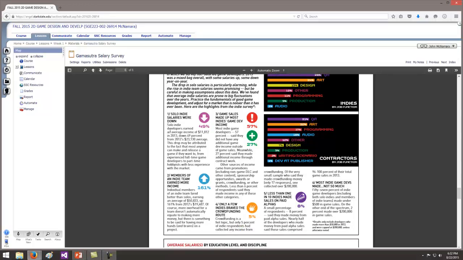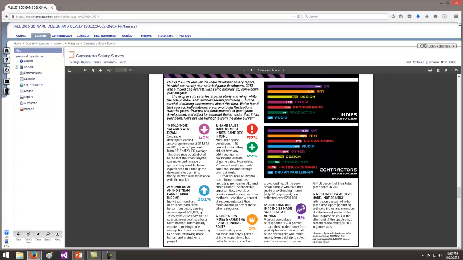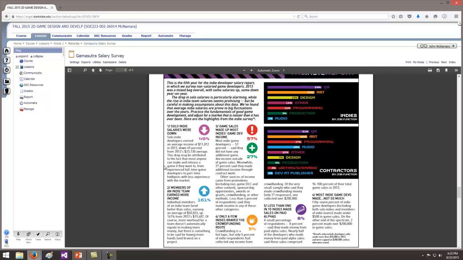And what's neat here is they talk about solo indie game developers, where their income is actually coming down and only averages $11,000, or actually almost $12,000. But they're also saying that people who are part of a team earn even more than the indie. So if I make a game by myself, I'm liable to probably make $12,000 on my first attempt, or my average. But if I work with somebody else, then my earning average goes up to $50,000. So that's actually really good. So this is the page. If you get a chance, read this whole thing. It's filled with a lot of neat indie information.